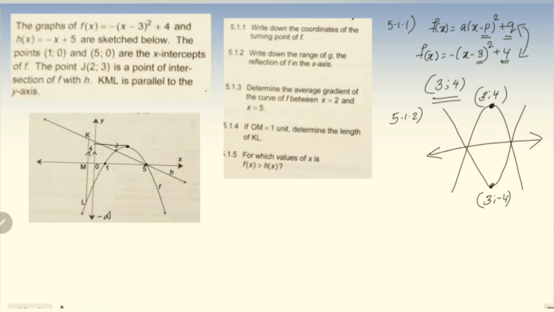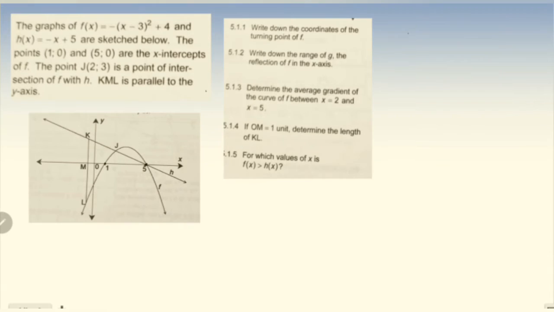So you are finding the range of the reflected graph, that is g. You understand? So the y value is starting from minus 4, isn't it? So minus 4 to infinity, that is the answer. So the range is going to be y element of starting from minus 4 to infinity. Minus 4 is also part of the graph, so I am using closed bracket, then infinity side is always open. This is how you have to get the answer. It's clear? Okay, now we can move to next question, that is 5.1.3.